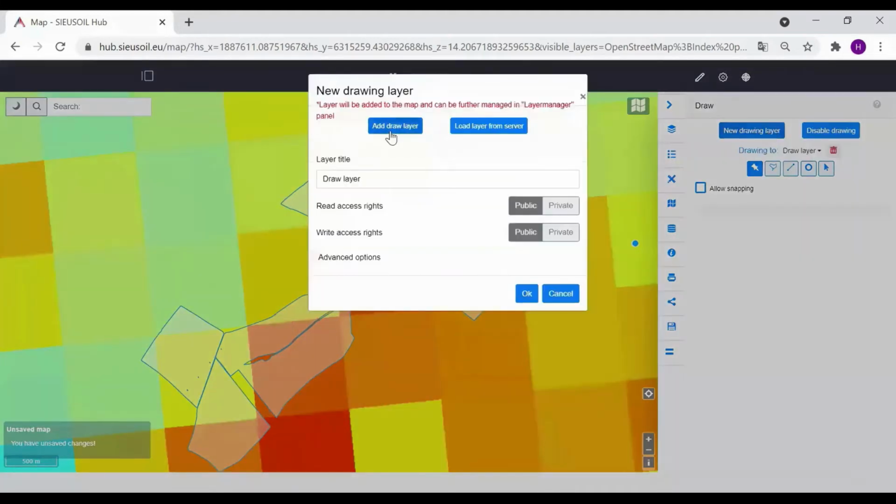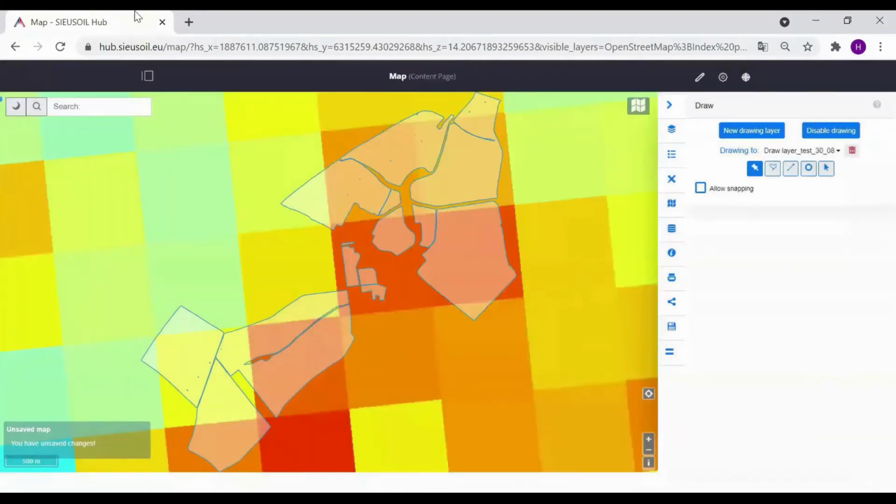So let's add new draw layer. We can name it like this, and again you can choose whether the read or write access rights will be private or public. So I will set the write access rights to private and press OK. And now you can see we are drawing to the brand new layer.